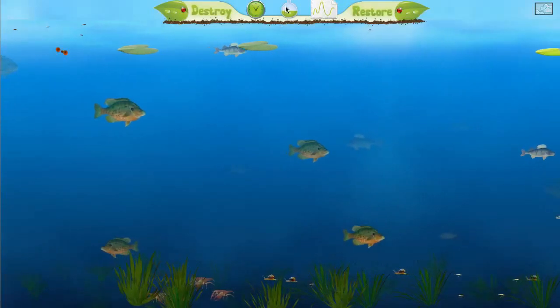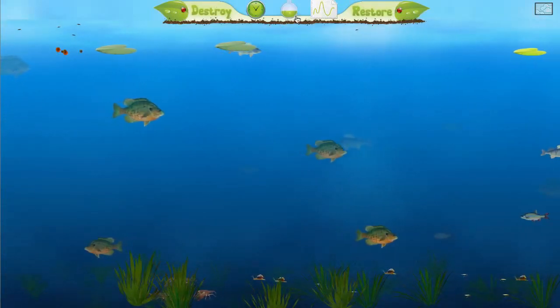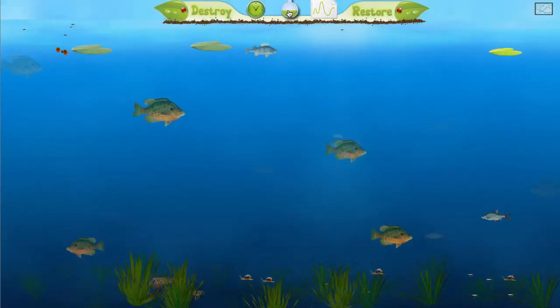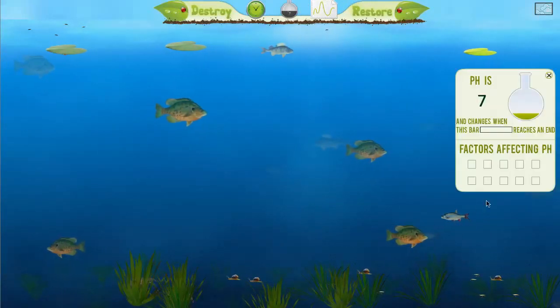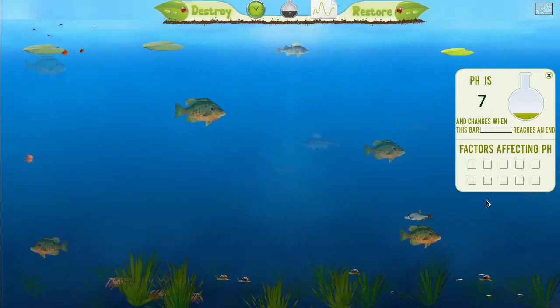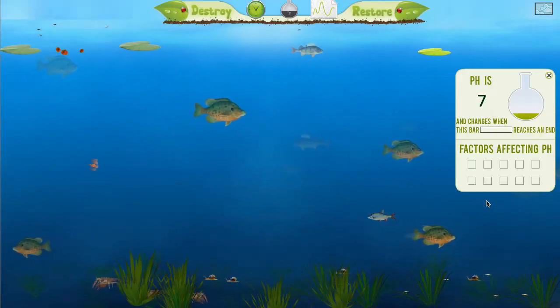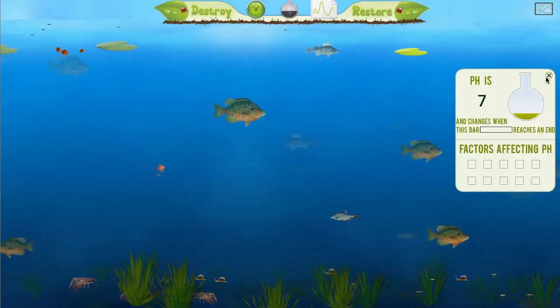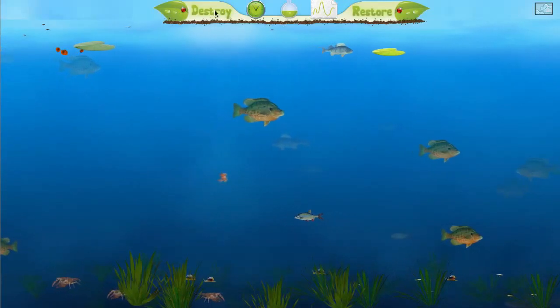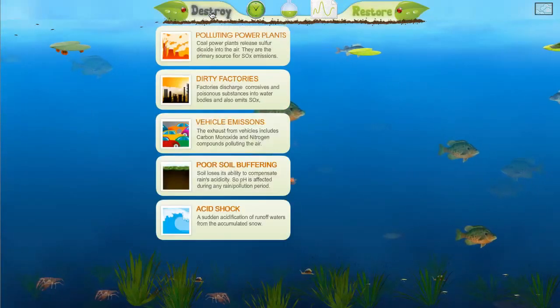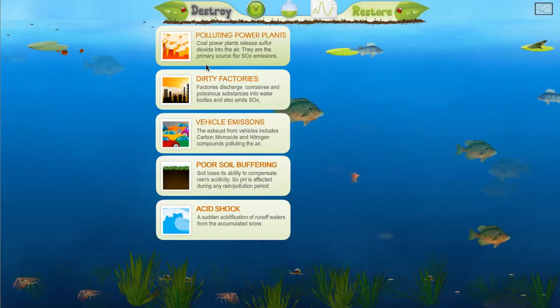These buttons up here, they give you more information about the pond itself. Currently the pH level in this pond is 7, which is like an ideal level. You can change this pH by enabling a few factors. So here